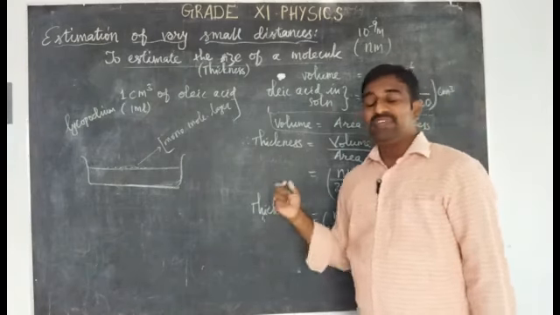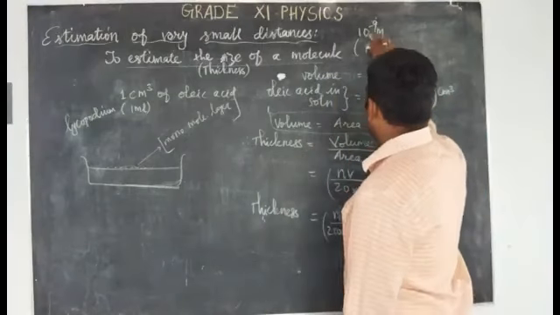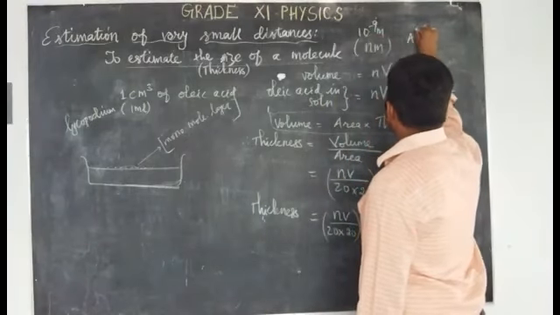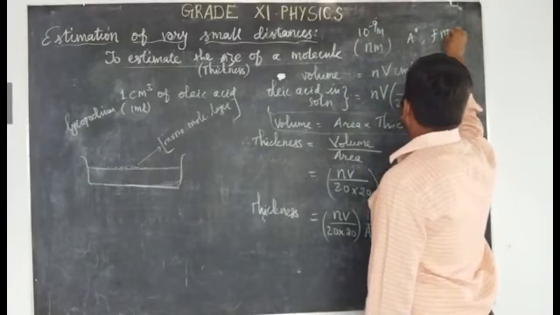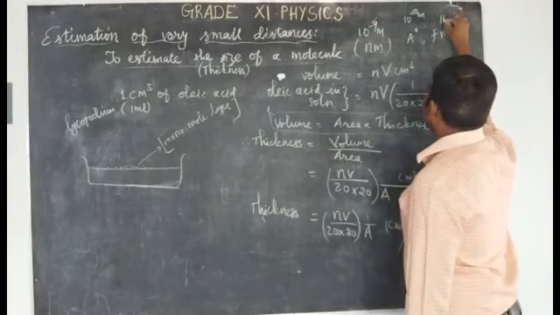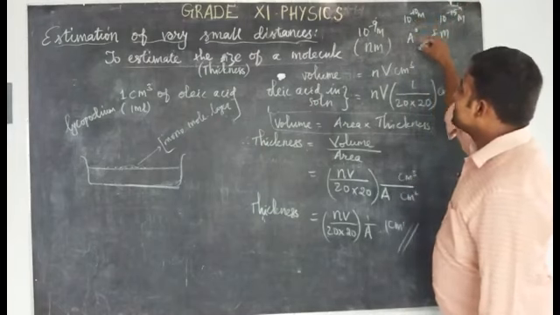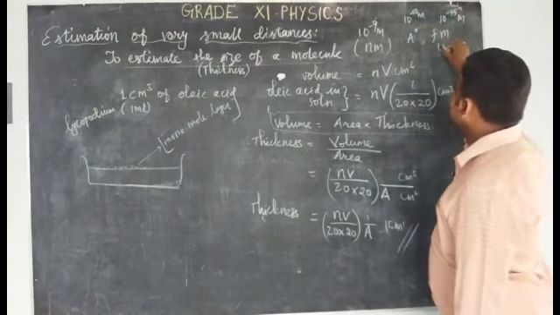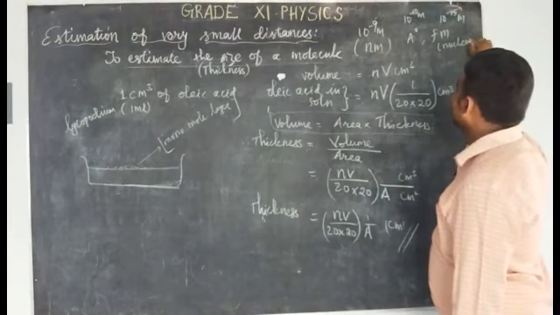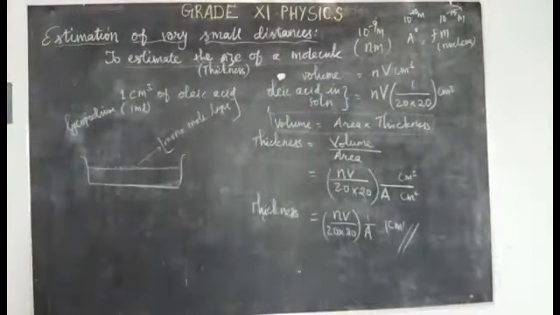So this is how we can estimate the size of an atom, the size of a molecule in some nanometer, some angstrom, some fermimeter. Angstrom means 10 to the power minus 10 meter. Fermimeter means 10 to the power minus 15 meter. Generally, angstrom is the size of an atom and fermimeter is the size of a nucleus, because the nucleus is much smaller than an atom. Now moving to the next topic.